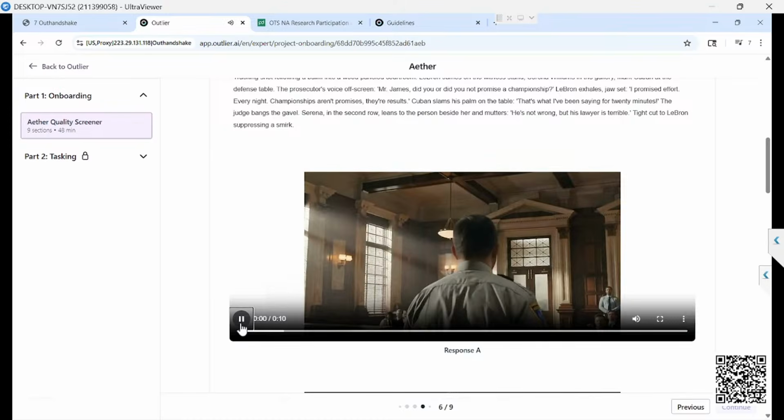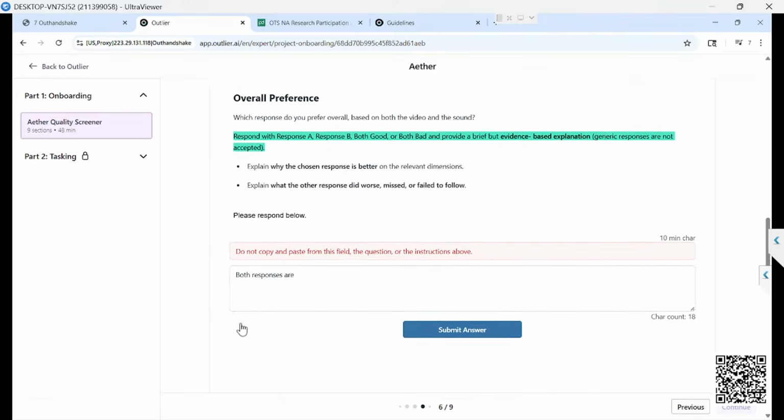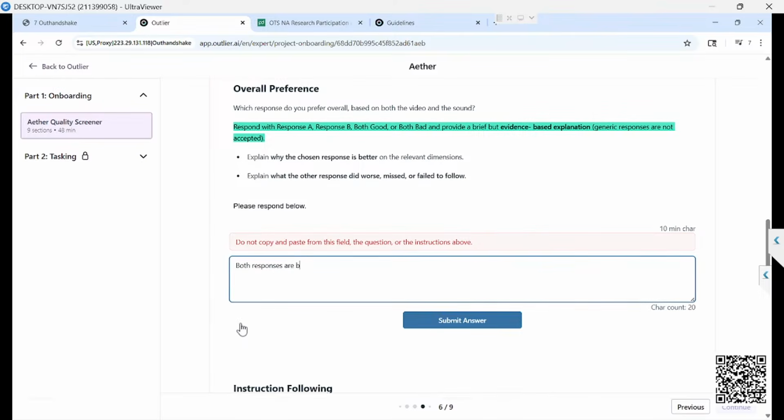Both of them are just bad. You start by saying both response A and B are bad. Then for response A, you give out all those details, and you give them for both responses. Remember this: respond with response A, or both. Okay, both are bad. Both the responses are bad. In response A,